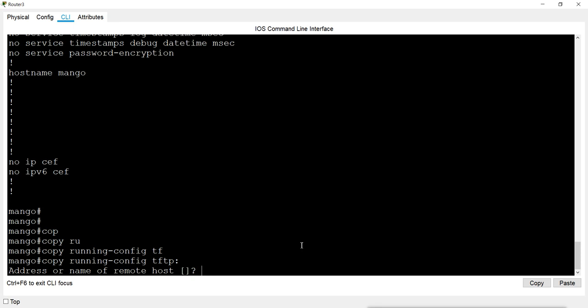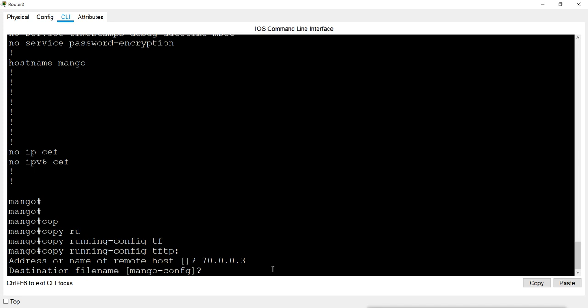Name it can resolve if we have a DNS server available in our network. So if there is a DNS server that can resolve the names, then we can give the name. And if we don't have DNS, then we can directly give the IP address. So I'm using the IP address 70.0.0.3. This is our TFTP server, and you can see in the bracket there is no name or IP showing here. That means there is no previous setting and it is not default.